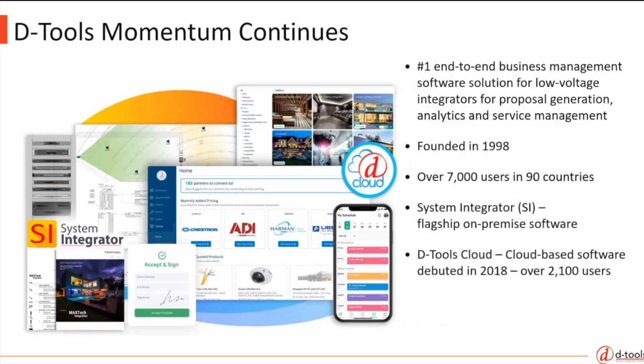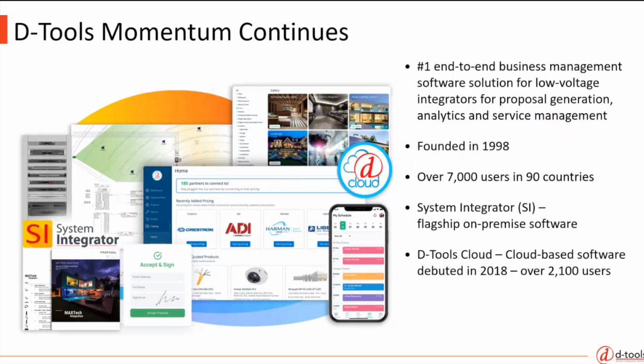And then the next piece is going to be a thank you. You guys are part of what drives this for the people that are using it. We've been the primary software solution provider for these guys, but we continue to be the number one out there and expanding into new verticals and markets, and have been in business now for 26 years. And third bullet, there's over 7,000 unique companies, users in 90 plus countries. It's about 8,000 now and about 100. Our SI software is still our flagship product, but cloud is growing extremely fast. And this is what I want to say.